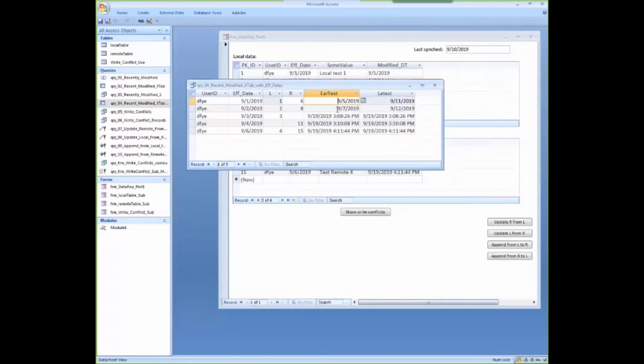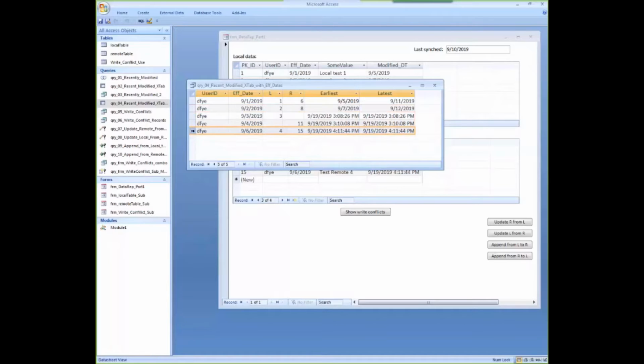Likewise, the second record, these 2 records are independent of one another. They don't exist on the other computers, so those would not be an issue. And this record, you'll note that the timestamps on it are identical. So chances are what happened with this record was it has already been synced and has not been modified since it was last synced.